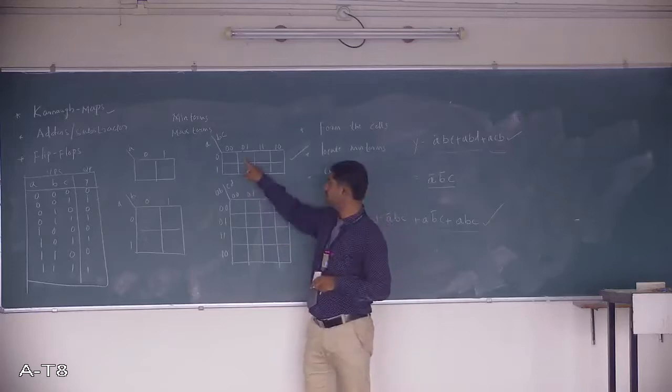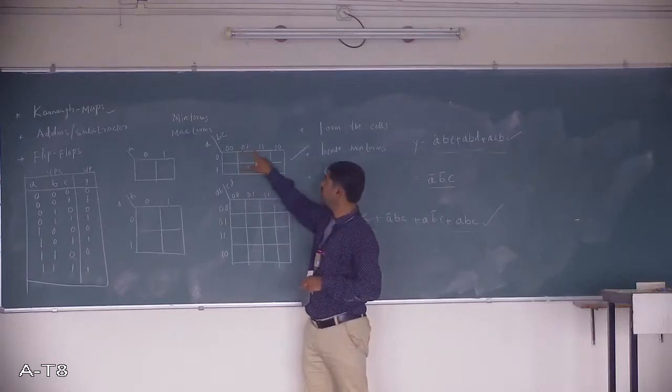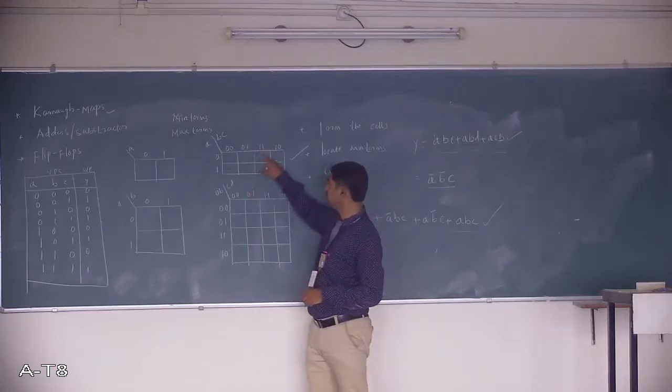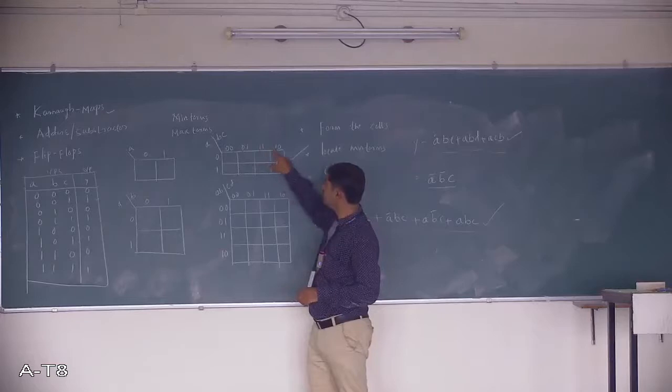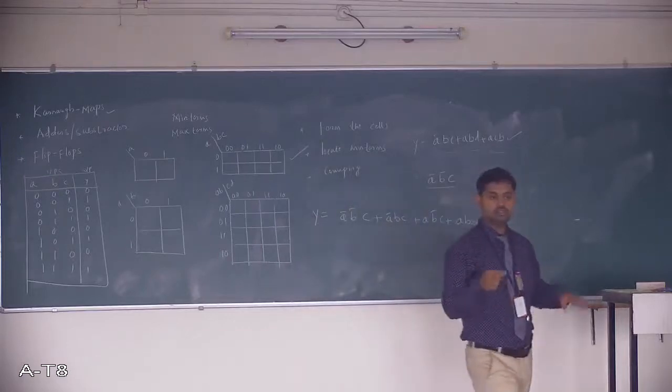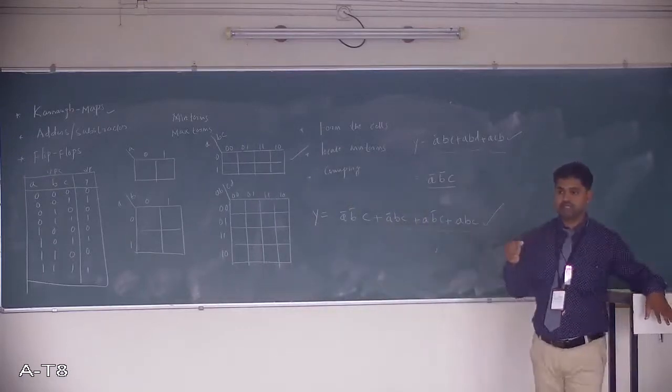Check this: 0 here, 1 here, but the second bit remains the same. Again differing by 1 bit. This and this you check. First bit is 1, this also 1, same. Second bit is changed. Like that, you have to designate the input values.